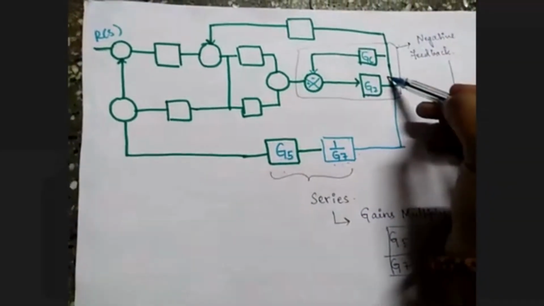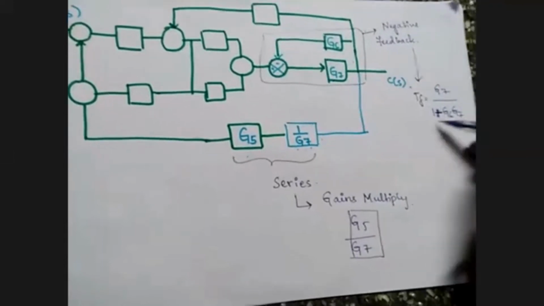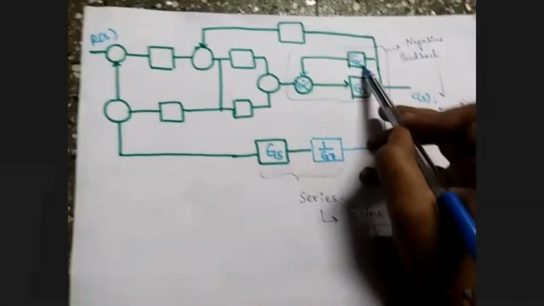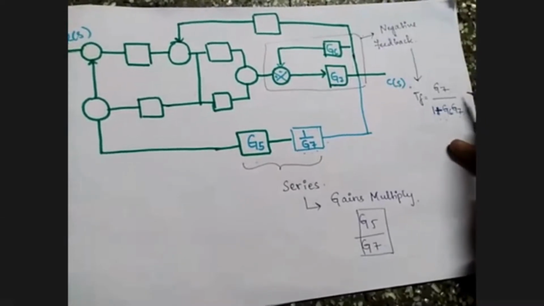Now, if you observe properly, even this is a negative feedback. So, if you are given a negative feedback and you want to replace it with a single block, you have to replace it by the transfer function. What do you mean by the transfer function of the negative feedback? It is the gain of the forward path divided by 1 plus the feedback gain into the gain of the loop. Now this becomes G7 by 1 plus G6 into G7, where G6 is the negative feedback gain. So this will become the transfer function.